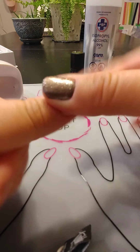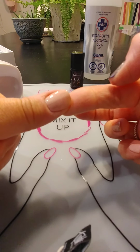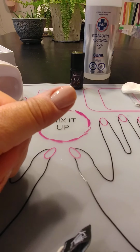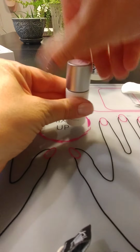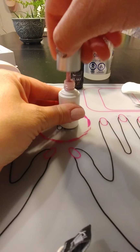You can see I'm pushing on it. I don't know if you can see that. There's no gaps. I'm pushing on it. Okay. So it's completely dry. I am going to do another coat. I usually do 3 coats of the apple blossom to get a nice solid